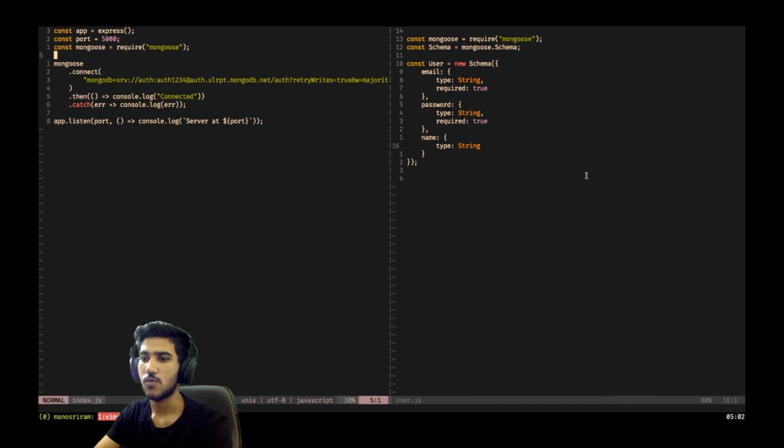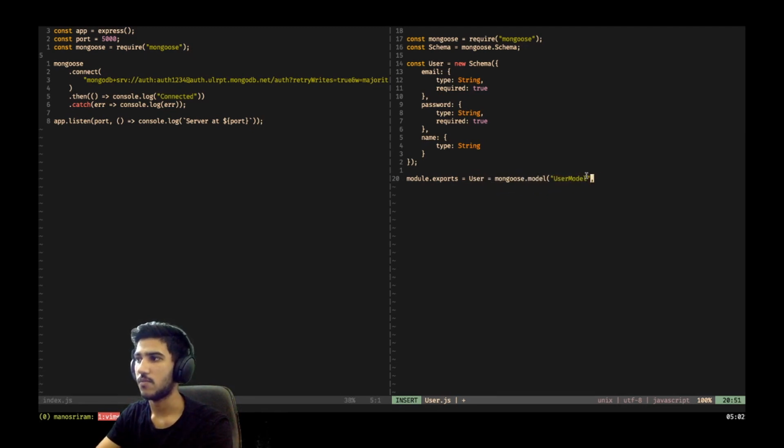So how would this index.js know that there is a user schema here? For that, typically in JavaScript, or usually in Node.js at least, we'll be using module.exports. So module.exports equals the variable you want to export, which is user, and we can do mongoose.model.